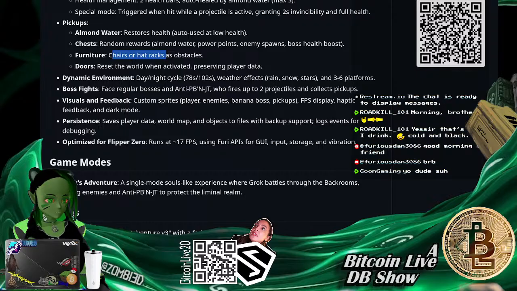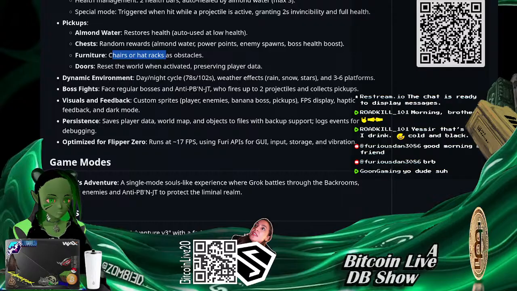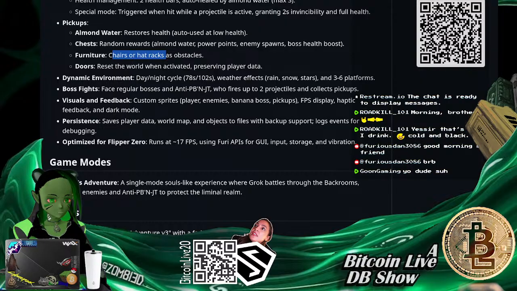So, persistence. It has player save data and a world map, so once you start the game, every time you leave and come back, it's using a persistent save. You can just keep using your same data, and if you want, anytime you can go delete the save file and start over. So it's got that neat little backup. It also creates log events.